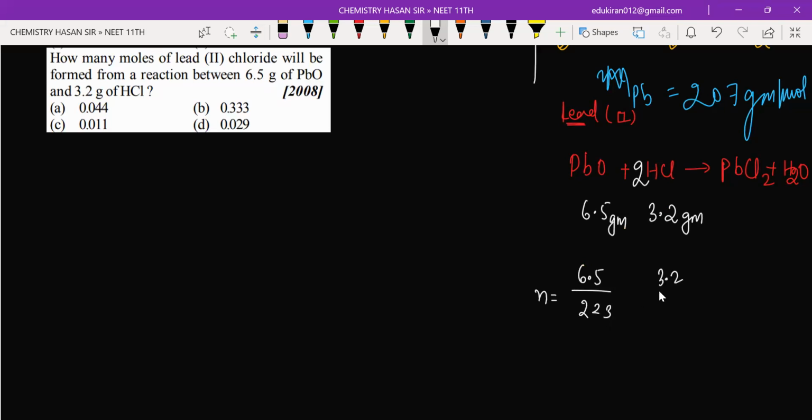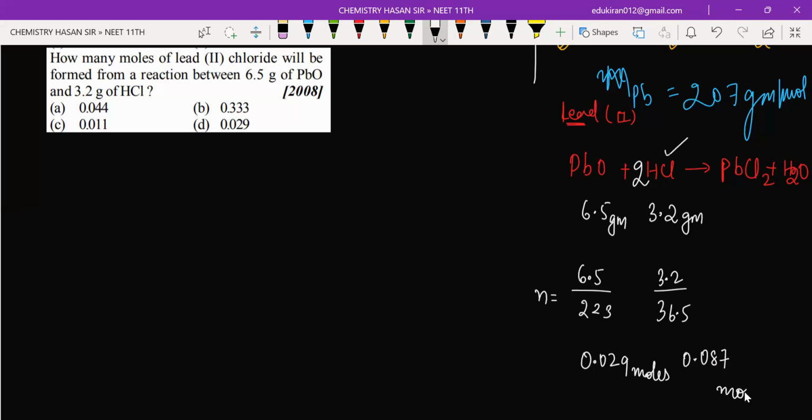For HCl, 3.2 upon chlorine 35.5 plus hydrogen 1, that means 36.5. After calculating, 6.5 divided by 223 gives 0.029 mole. And 3.2 divided by 36.5 is equal to